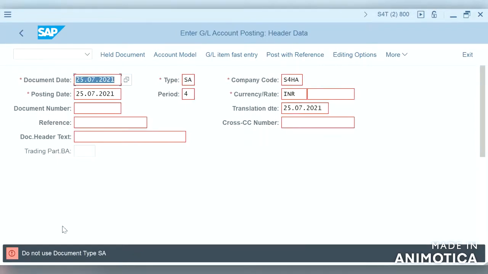So you can see here it throws the error message, do not use document type SA.